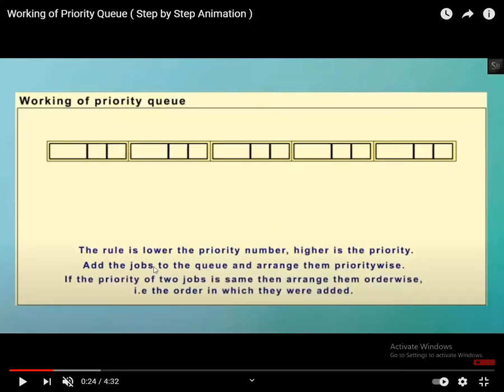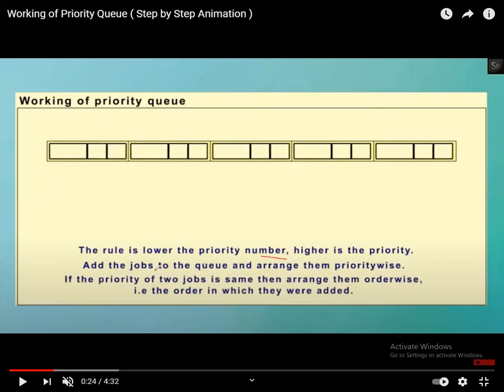The rule is, the lower the priority number, the higher the priority. That means rank number 1, rank number 2, rank number 3. The highest rank holder is the one with the lower number.